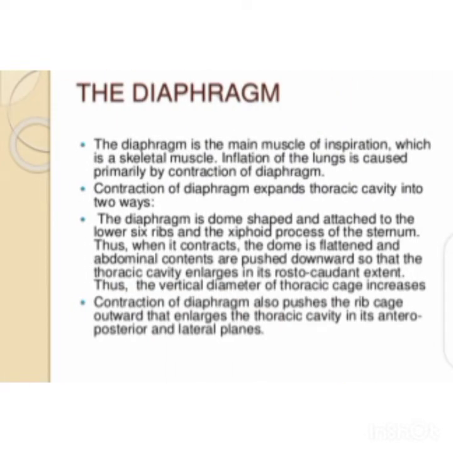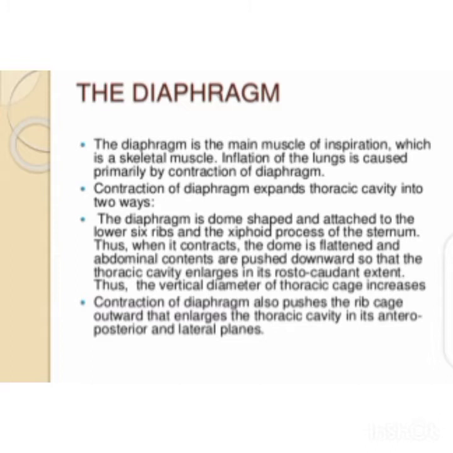The diaphragm. The diaphragm is the main muscle of inspiration, which is a skeletal muscle. Inflation of the lungs is caused primarily by contraction of the diaphragm. Contraction of the diaphragm expands the thoracic cavity in two ways. The diaphragm is dome-shaped and attached to the lower 6 ribs and the xiphoid process of the sternum. Thus, when it contracts, the dome is flattened and abdominal contents are pushed down so that the thoracic cavity enlarges